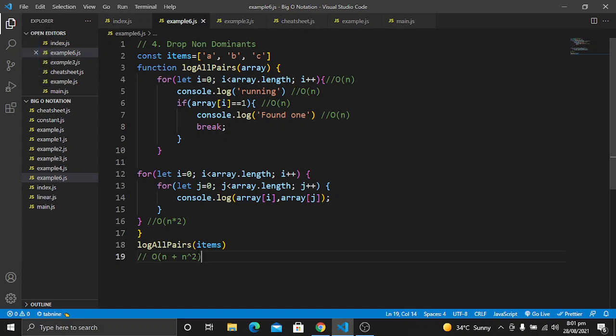For example, if n is 1 million, the square of 1 million will be far more than just 1 million. If we have 100, the square of 100 will be 10,000, and 100 has a negligible effect compared to 10,000. So we can remove the n.